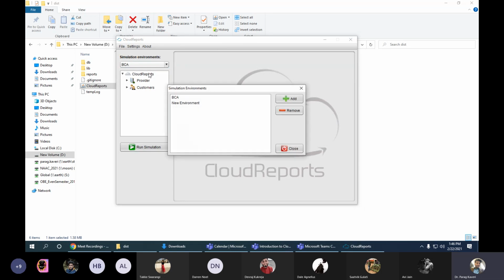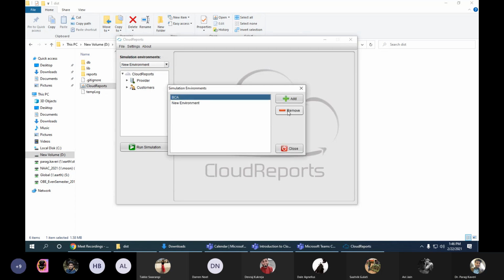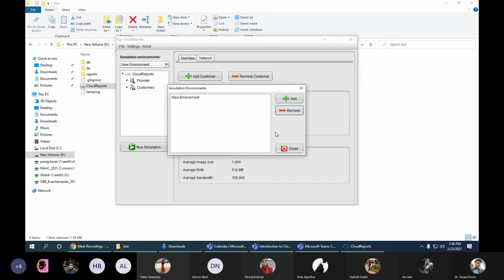You go to manage environment, then you click on BCA, then you click on remove, and you click on yes. See why it was not removing, because it was selected at that time. You need to change here and then you need to remove it. Got it now?